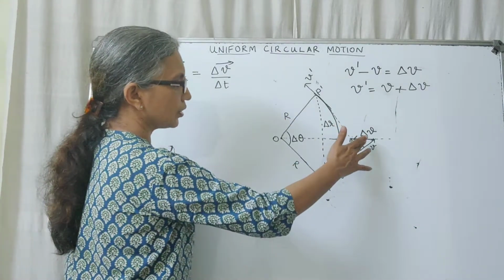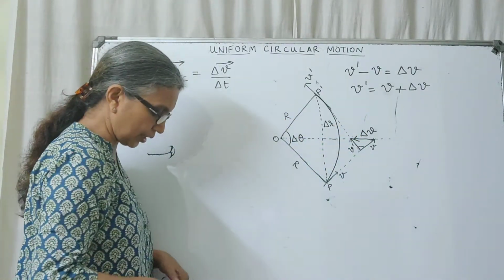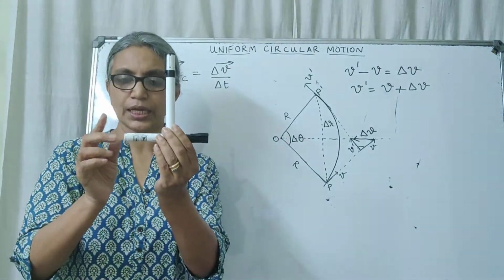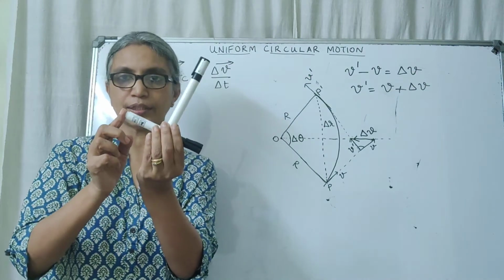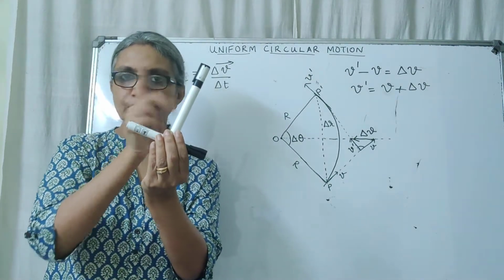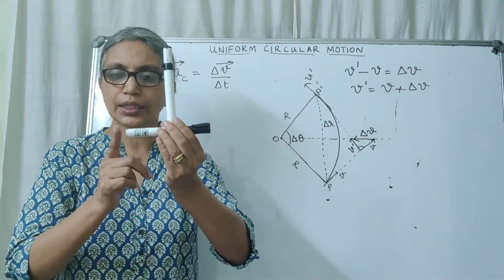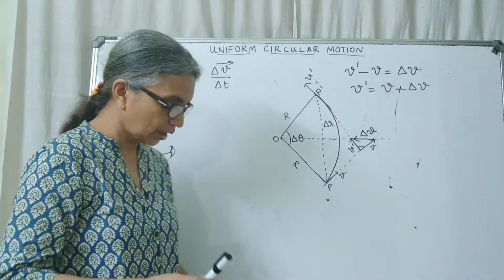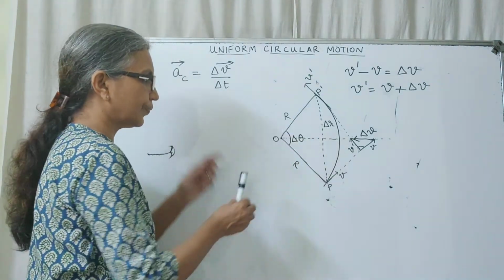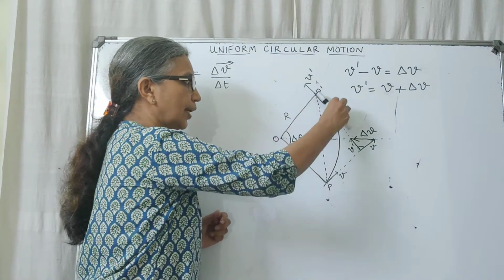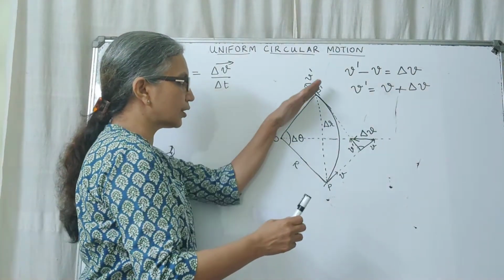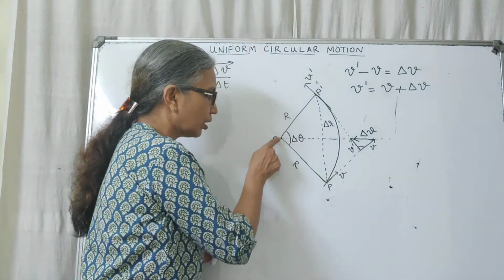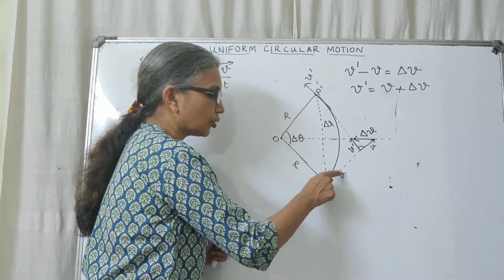Okay. So here, before we start that, see, if you have a line like this and this is the perpendicular to the line, and I shift this line through, let's say, 30 degree, the perpendicular also will shift through the same angle. That means the angle between two lines will be the angle between their perpendiculars. If you look at this diagram here, this is the radius of the circle and this is the tangent. So this is perpendicular to this line. Similarly, this is the radius and this is the tangent. So this is perpendicular to this.